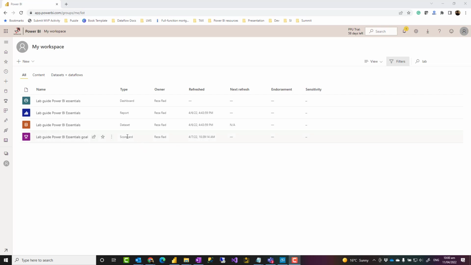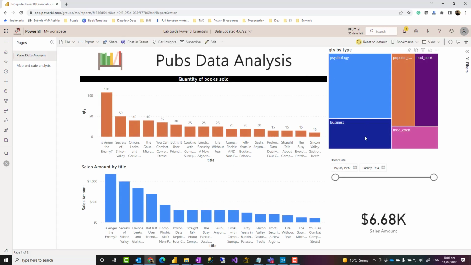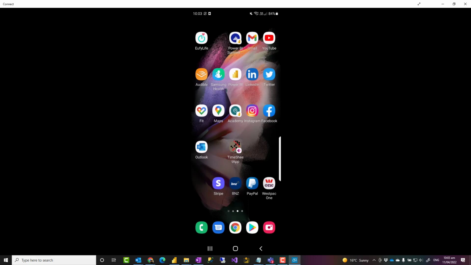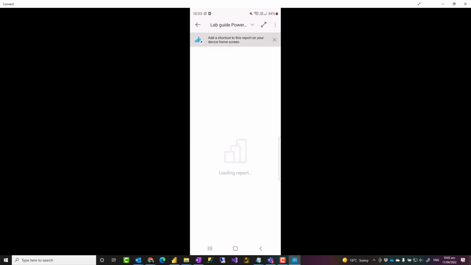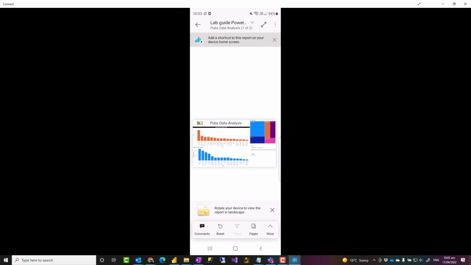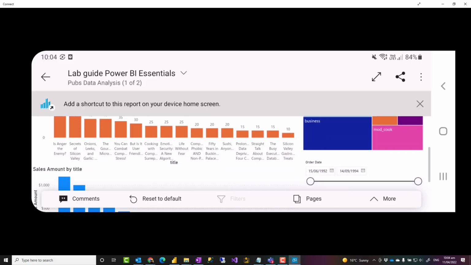When you open Power BI reports or dashboards in phone, it has a different layout than what you see in the website. As you can see here, I have my mobile phone, which if I go to the Power BI app and if I open a report in my phone, the report looks very tiny in the report phone view, and I see at the bottom a message that says rotate your device to landscape view to see the report. And if I turn it to the landscape view, it looks like this, which might be small